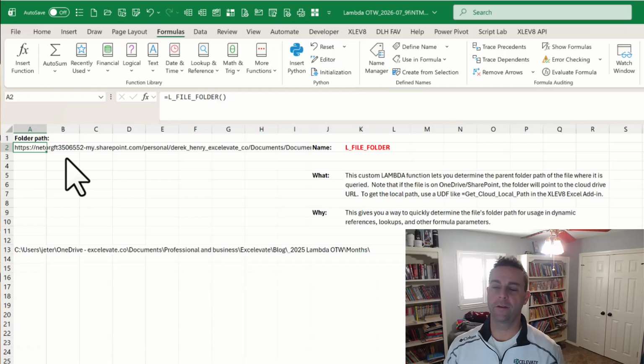Howdy, I'm Derek, and for this episode of Lambda of the Week, we're covering a custom Excel Lambda function called